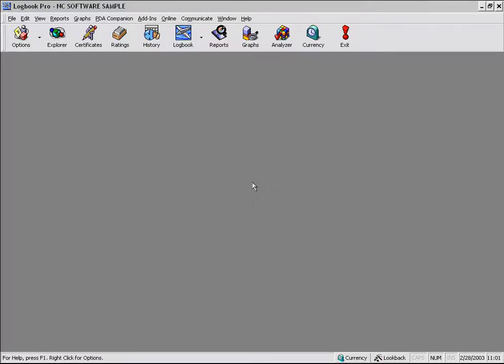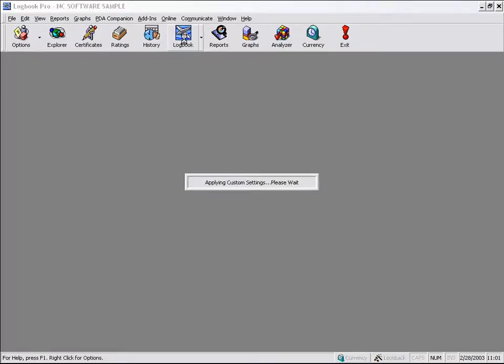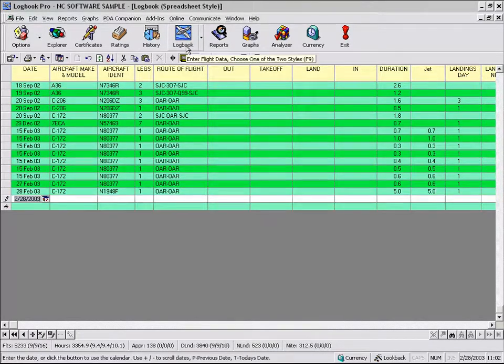In this video, we're going to take a look at the Spreadsheet style logbook. Logbook Pro comes with two main entry interfaces for your flight data. You can enter via the Spreadsheet style logbook or the Windows style logbook, whatever your preference is. Both have their advantages. We'll go ahead and start the logbook entry area by clicking the main toolbar icon, and